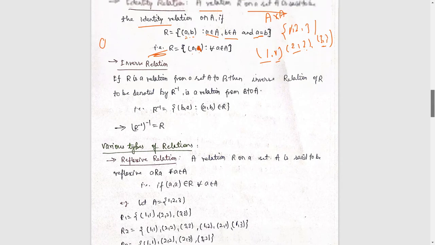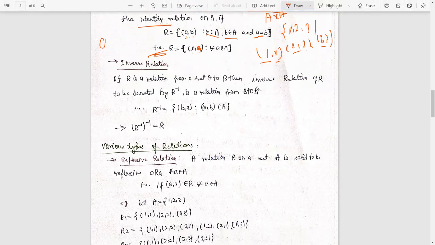Then there is something called inverse relation. What is inverse relation? It means the reverse of the relation. So let's say you are defining (a, b) as a relation, a subset of A cross B. Then R inverse is defined as (b, a). Now we don't take things from A cross B; we take things from B cross A. So this is termed the inverse of the relation. If you see the definition, R is a relation from set A to set B. Then the inverse relation of R is denoted by R inverse, and R inverse is equal to {(b, a) : (a, b) belongs to R}.